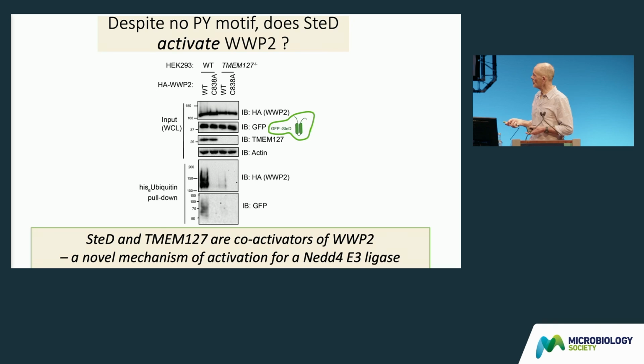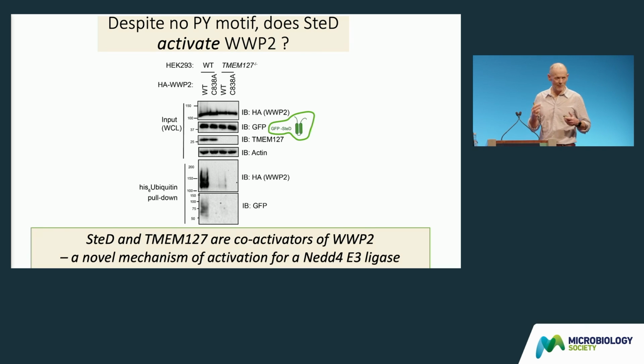So that leads to the conclusion that this little protein, which, if you saw from the depiction, has only about 60 amino acids at the N terminus and 11 at the C terminus in the cytoplasm, has the remarkable property of binding both to MHC2, its target, and to TMEM127 in the membrane. Furthermore, it is not just an adapter that brings these molecules together, but has another crucial function, which is to activate the E3 ligase, because TMEM127 is itself not sufficient. So that is a novel mechanism of activation of NEDD4 E3 ligases, and